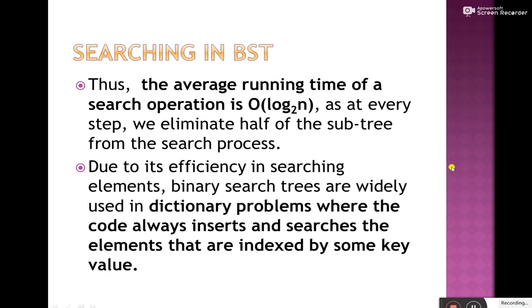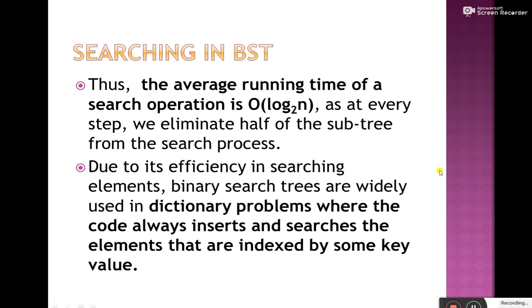Now let's move on to searching in a binary search tree. Since the nodes in a binary search tree are ordered, the time needed to search for an element in the tree is greatly reduced. Whenever we search for an element, we do not need to traverse the entire tree. At every node, we get a hint regarding which subtree to search in. If you remember, we have seen the binary search algorithm. If you compare it with the linear search algorithm, there is a drastic reduction in the time required to search for an element. The same analogy you can take here.